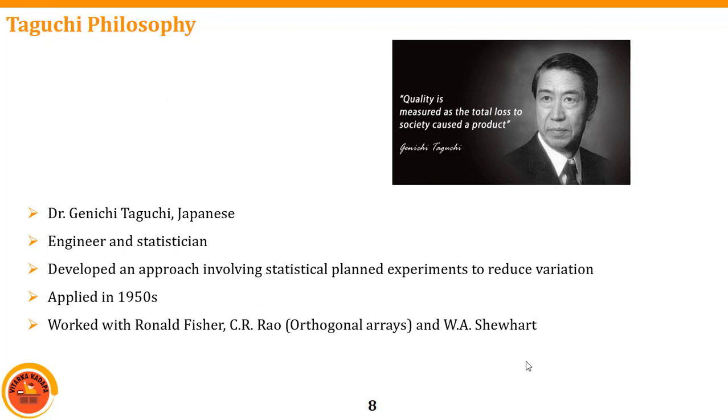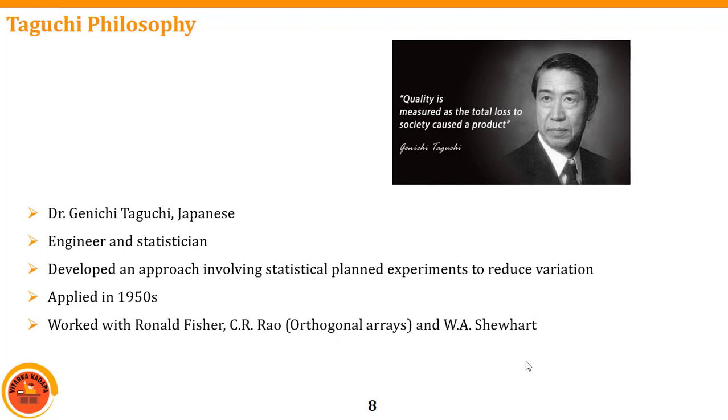C.R. Rao worked on orthogonal analysis. Lambert is also one person I did not include here; the original idea of orthogonal analysis is from Lambert only, and Shewhart is also one of the scientists who has been crucial in this kind of statistical analysis. Ronald Fisher we will talk about in the ANOVA analysis. He is the person who introduced the analysis of variance, which predicts which factor is going to influence our experiment. For now we will talk about the Taguchi philosophy, so I am restricting myself to Taguchi.